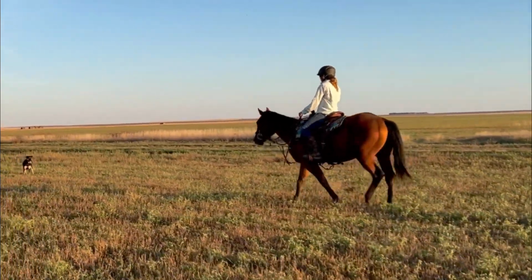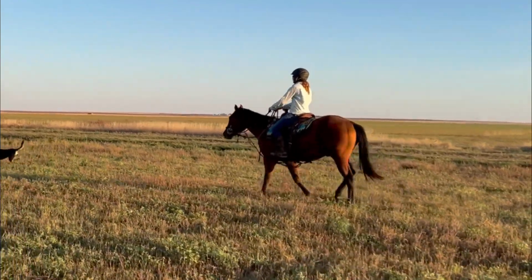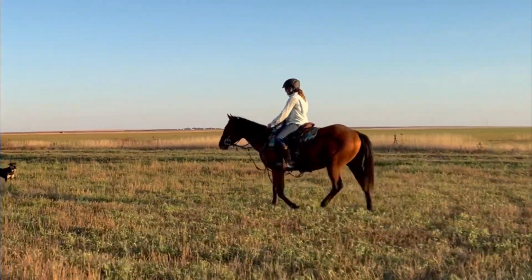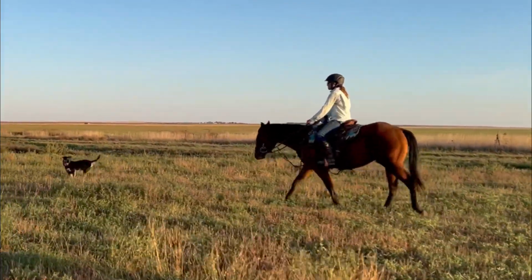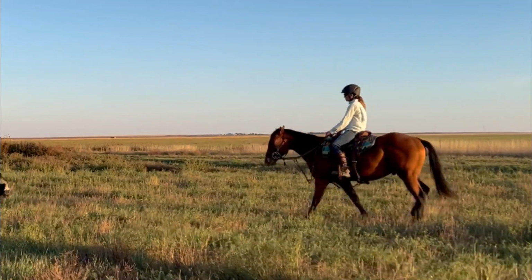And this is Gamblers Kola, or affectionately known as Pepsi. He's by Watch Joe Gamble. He's out of Harlan Sprite, and she is a daughter of Harlan's Top Gun. He was bred and raised by HM Quarter Horses of scenic South Dakota, and in the past 11 years I've